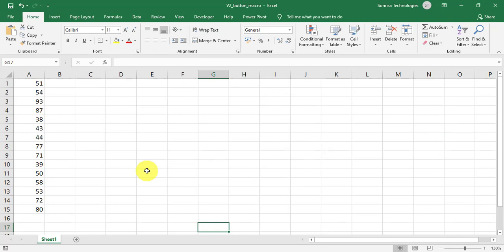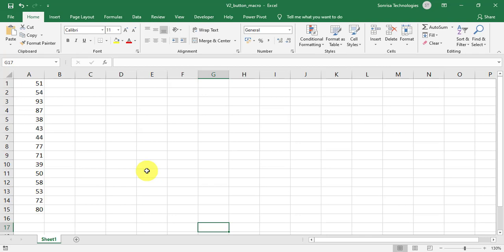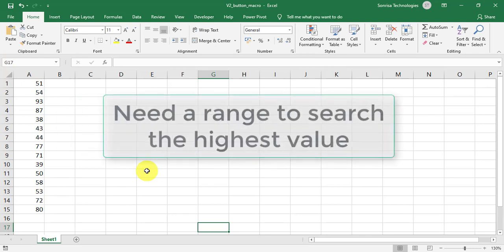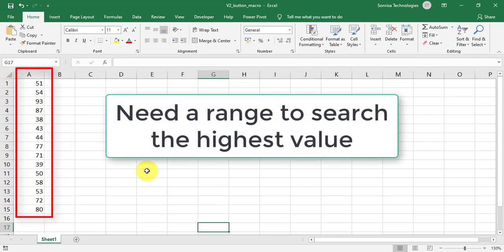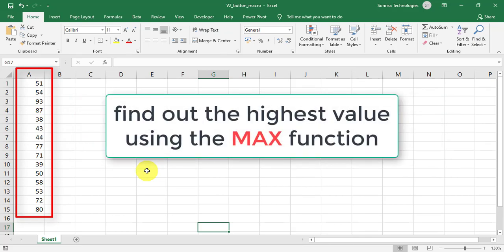We are going to use a macro that will apply the formatting to a cell that has the highest value in the range. The cell will have bold font with some interior color. The code will have the following structure. We need a range where we are going to search for the highest number. Then find out the highest value using the maximum function.